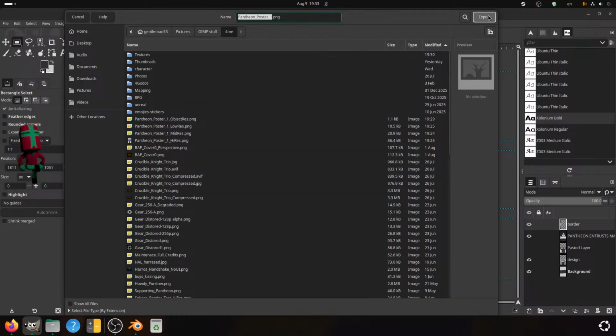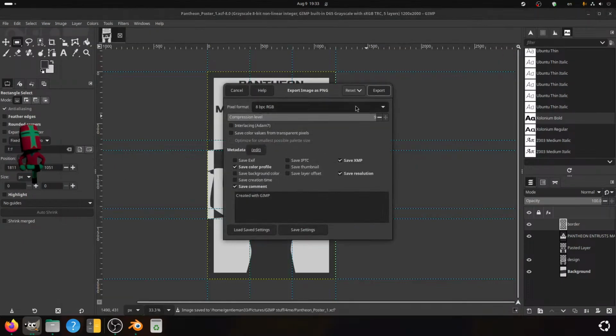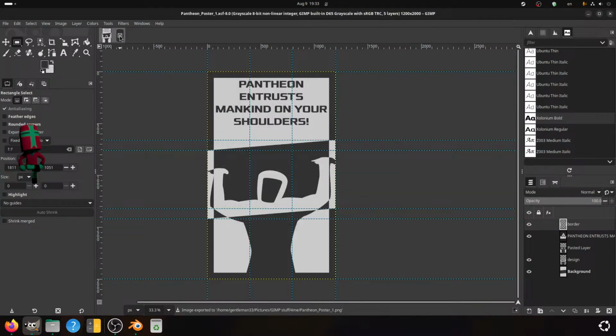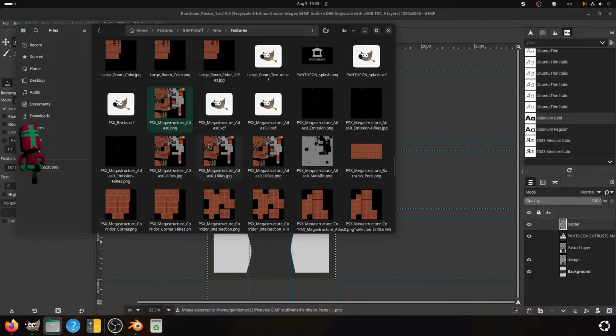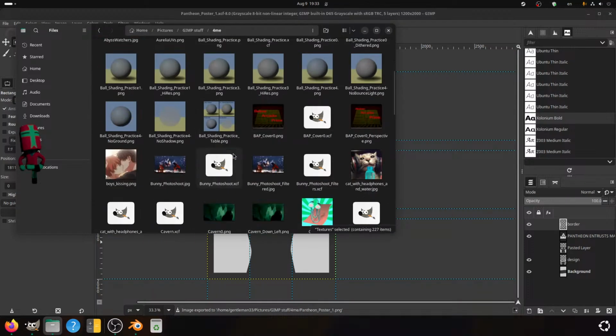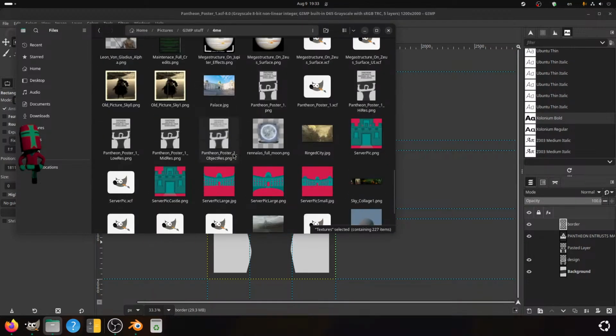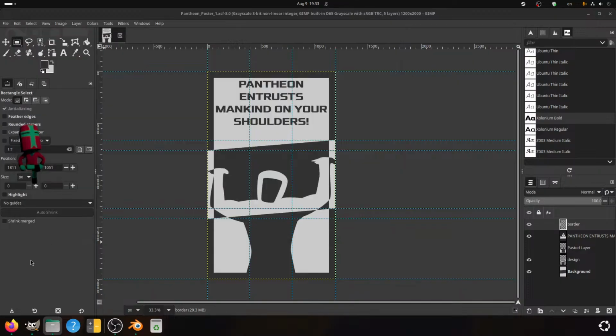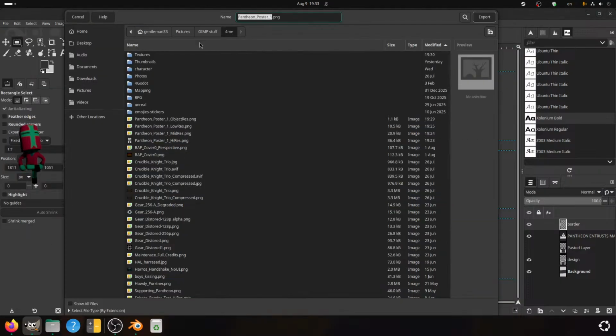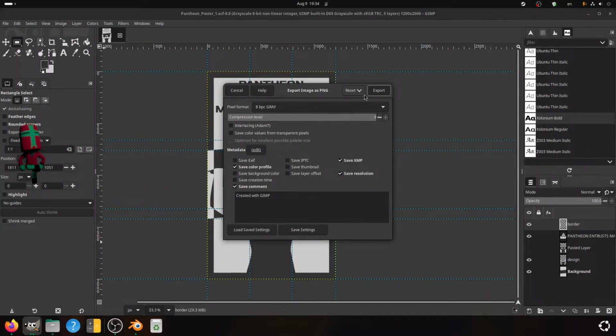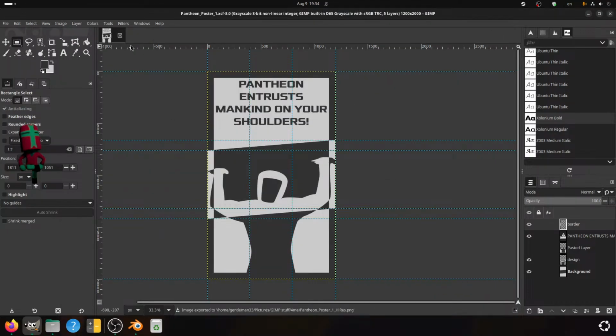Export as Pantheon poster 1 gray. Where did you get exported that it did not give me a warning? Oh, that's right, because it's high res now. Alright, forgive me then. There we are.